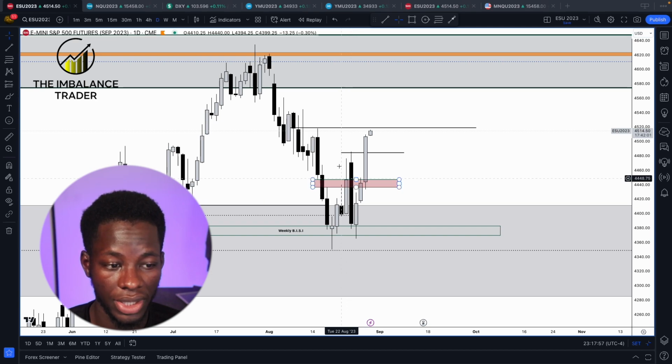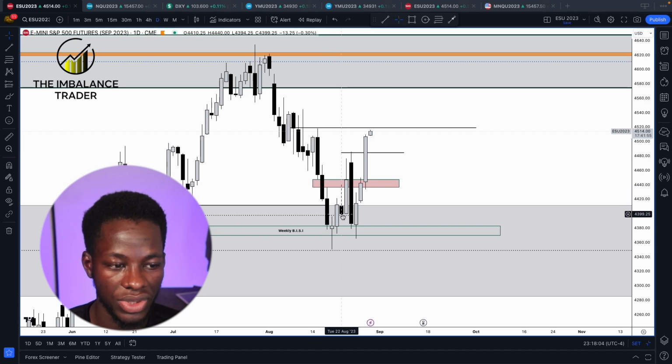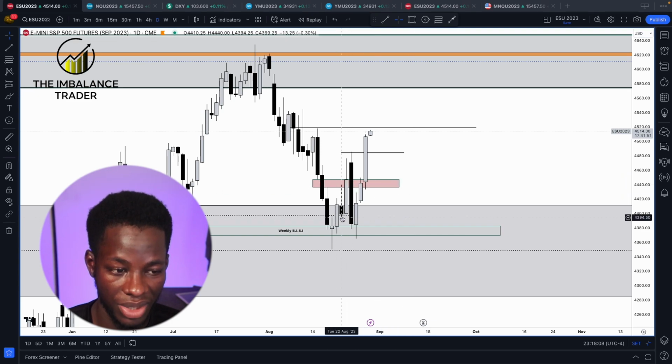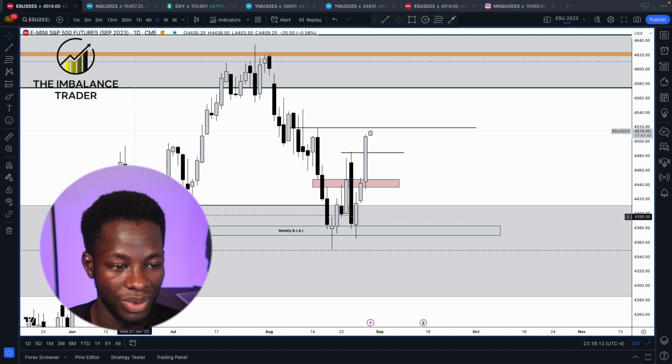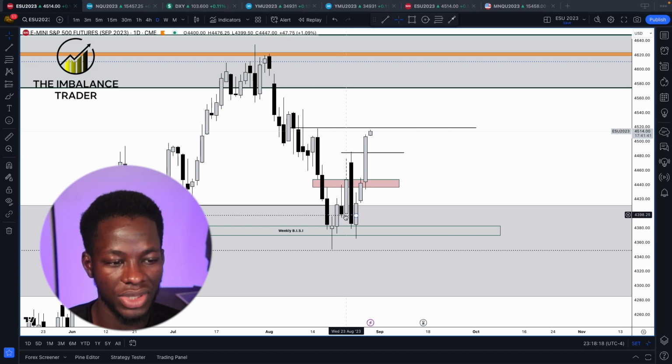So it bounced once, it tried to close below it, but it didn't. And then it has spent the whole week being indecisive, going up, going down. We traded back into this fair value gap there. It traded back below, what level was that? So it traded back into this fair value gap, then rejected aggressively, and then the next day we can see